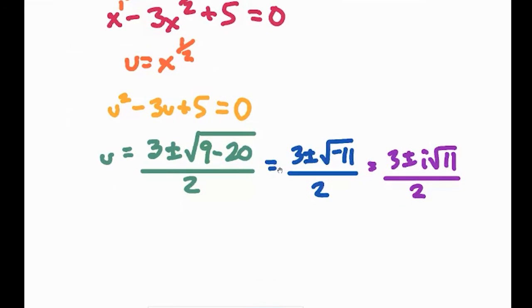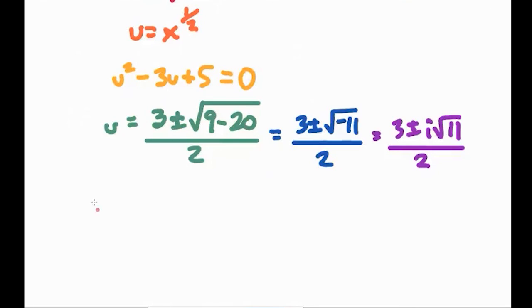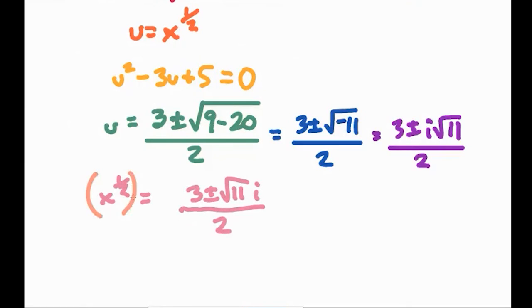But we have to find the answer for this in terms of x. So I'm going to replace the u with x to the 1/2 power, and it's set equal to this 3 plus or minus i root 11, forgot the i, divided by 2. To solve this, you just square both sides. So I'm going to square this, square this. This cancels, and you're left with x is equal to, I'm just going to say this is equal to x. I'm not going to try to actually break that down because it's going to take too long. So do not worry about that part. So your final answer is